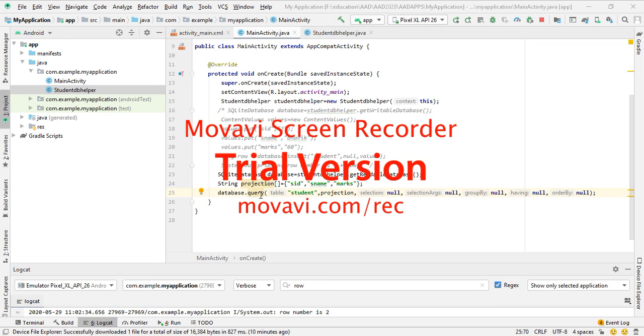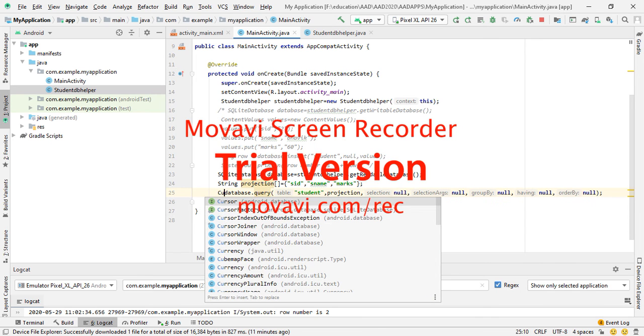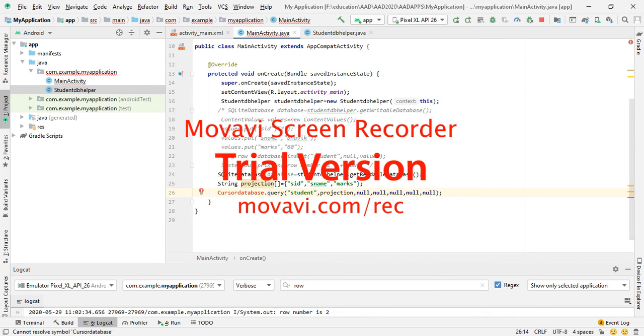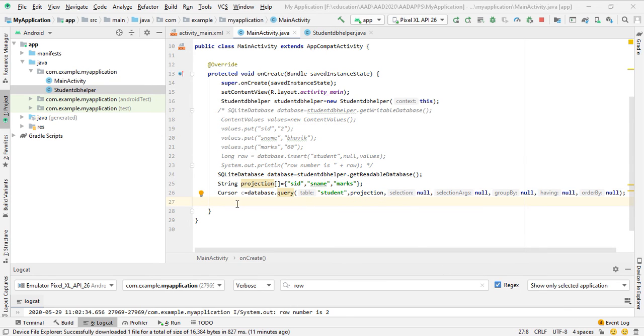This query method will return the table data, or we can say the records. So here we can store this in the cursor. So Cursor c equal to this. You can use the cursor here to traverse between the results.